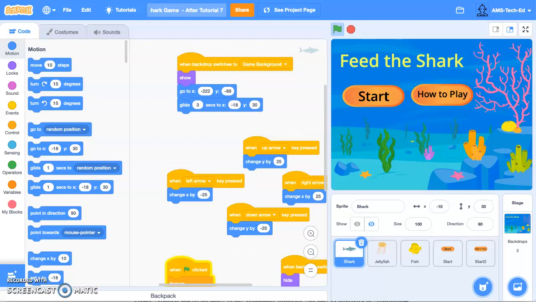All right, class. So in this video, we're going to be adding a variable to our game so that it keeps count of the number of fish that we eat. A variable is a term you'll hear very often in computer programming. And to try to simplify its definition,